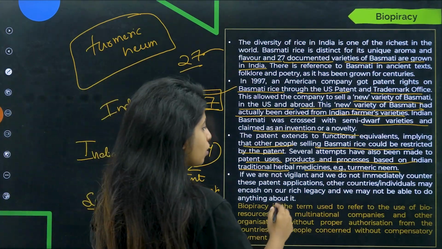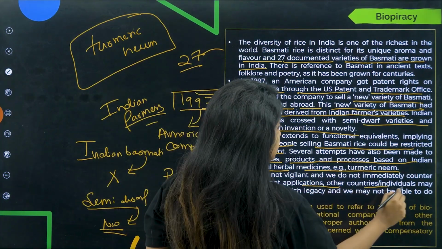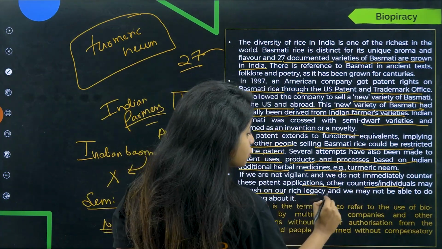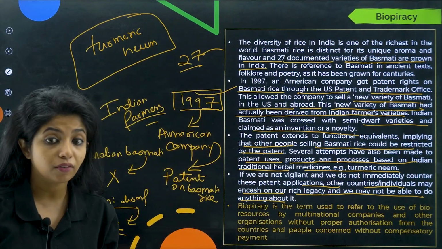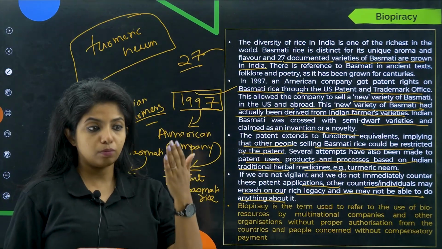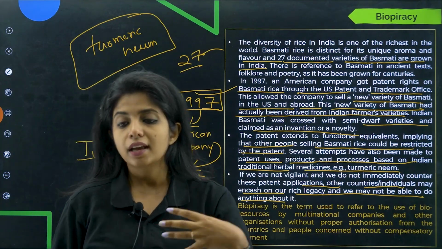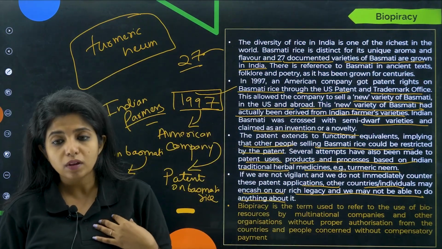Now if we are not vigilant and we do not immediately counter these patent applications, other countries may encash on our rich legacy and we may not be able to do anything about it. So if we are not aware about this patency thing, when anyone says that I have the patency for this, they provide the submission form and things like that. If we are not aware about what is happening in this world, probably we won't be able to say,